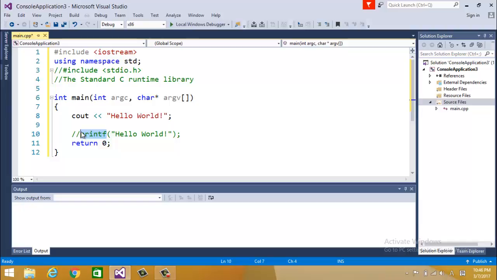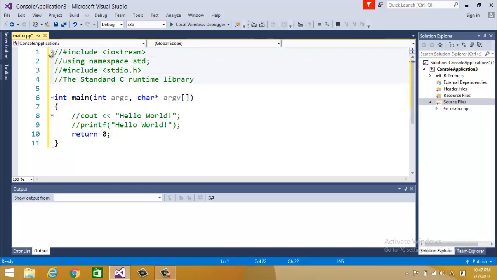So this is for C, but again, because C++ is kind of a superset of C, you can still use this standard C runtime library in C++. This doesn't mean that you cannot use stdio, you can still use it. But if you want to use it the correct way, I mean, it's not really about the correct way, let me take it back. Instead of this, if you really want to use the standard C++ library, what you're supposed to use is